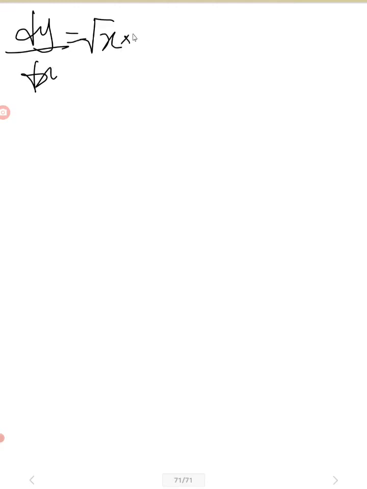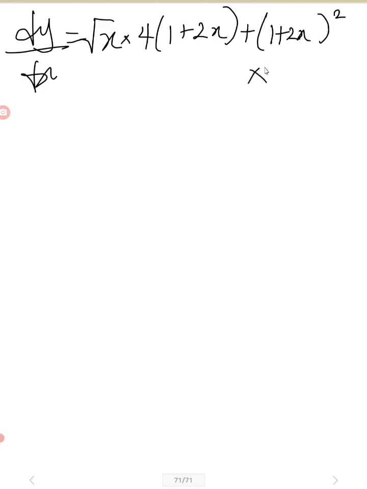Now multiply the value of our dv/dx, which is 4, as we got it the other time, times 1 plus 2x. Now plus the value of our v from the beginning, the one I explained as a composite rule, (1 plus 2x) all raised to power 2. Now multiply the u by du/dx, which is the one I got, 1 over 2 root x. So in a simplified form, we have